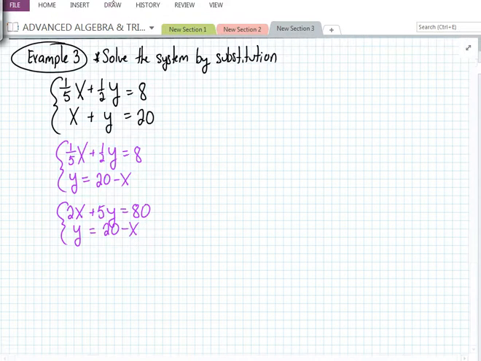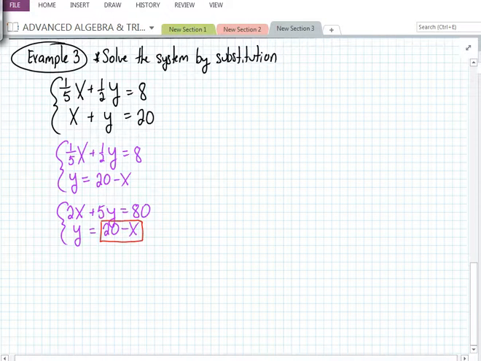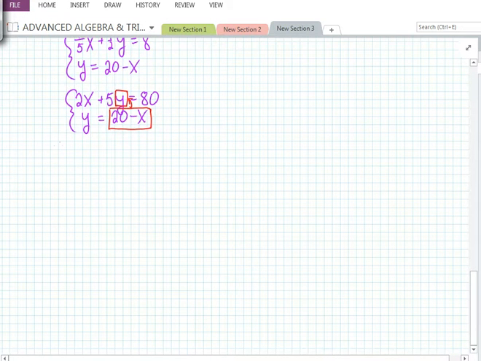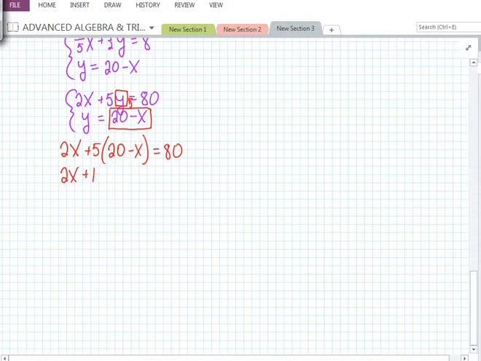Now we're ready to go to work. Remember, because y equals 20 minus x, it can be inserted into the other equation. Make sure you use the distributive property correctly. Rewriting that tells us that 2x plus 5 times the quantity 20 minus x equals 80. At this point, we just have some algebra: using the distributive property, combining like terms,